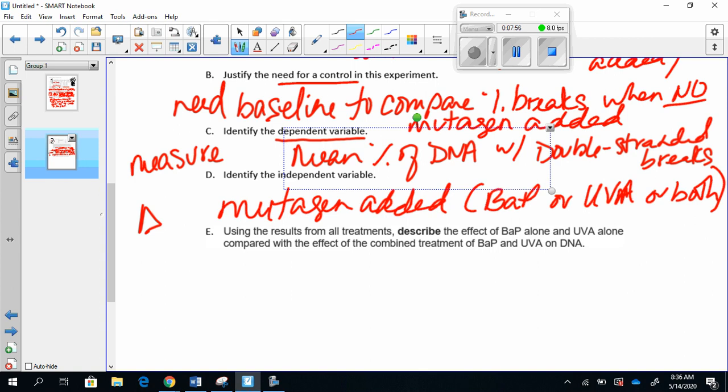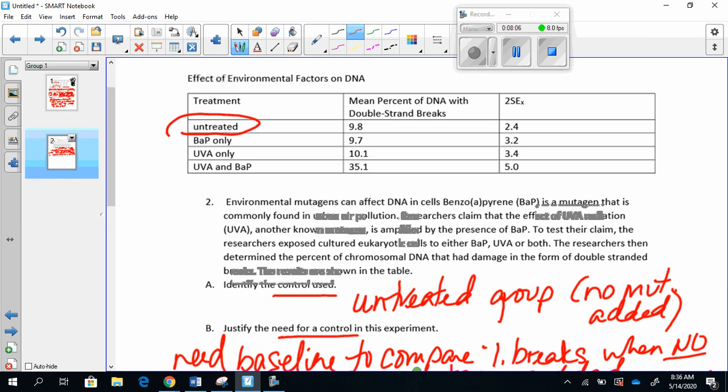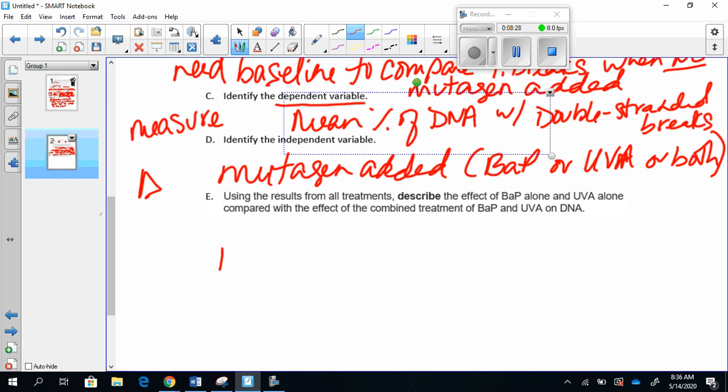All right, using the results from all treatments, describe the effect of BAP alone and UVA alone compared with the effect of the combined treatment. Okay, let's see. Untreated gave me 9.8 plus or minus 2.4. BAP, wow, so it's a little bit less, but with this standard error, it could be a little higher, but it's right around the same. And 10.1, if I subtract 3.4, okay, so these are all the same. So no significant difference